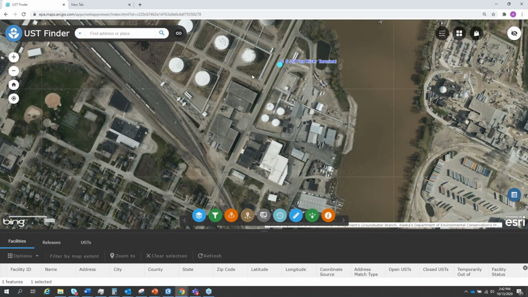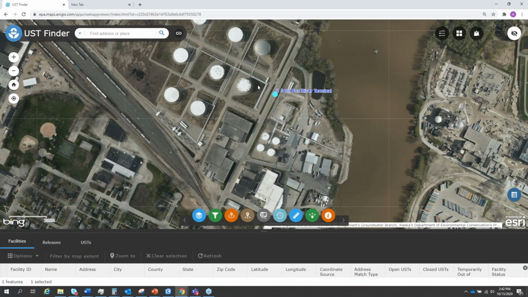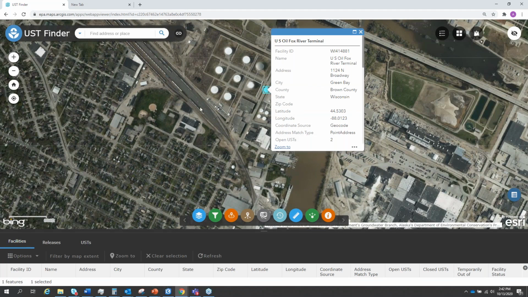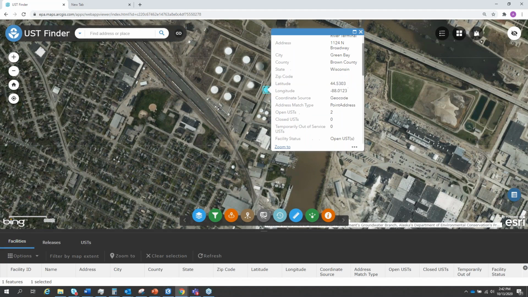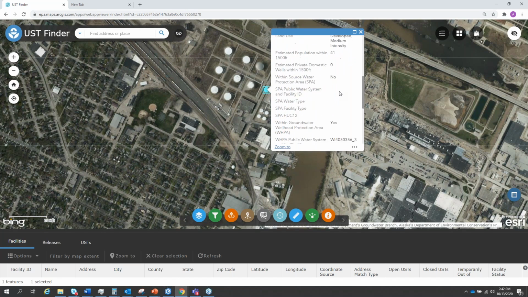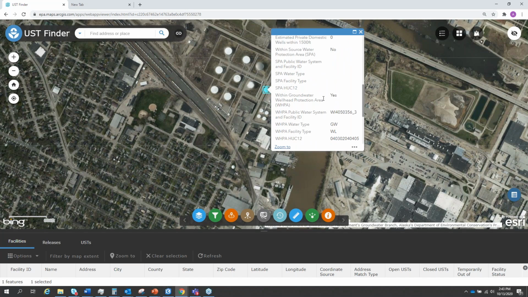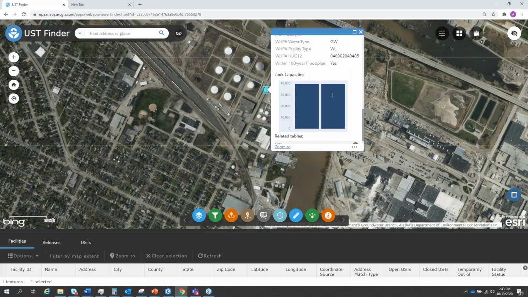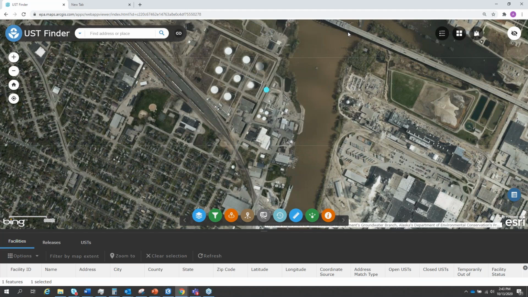There's a US Oil Fox River terminal. And we can click it and get more information about this terminal that has these large tanks. There's 41 people living nearby. It's within a groundwater wellhead protection area. It's within a floodplain. So important information to know about a facility holding that much fuel.